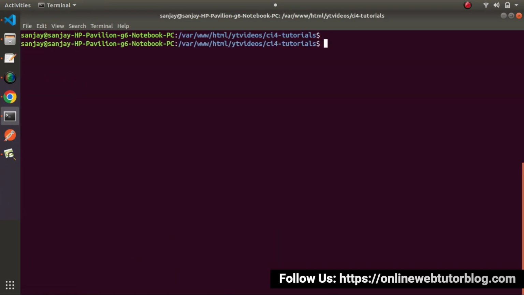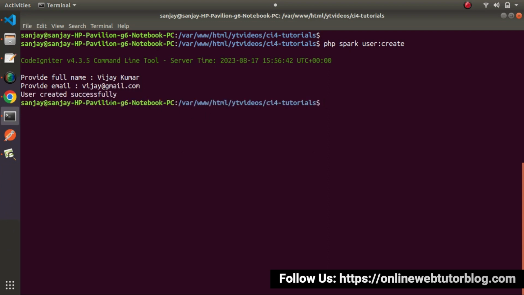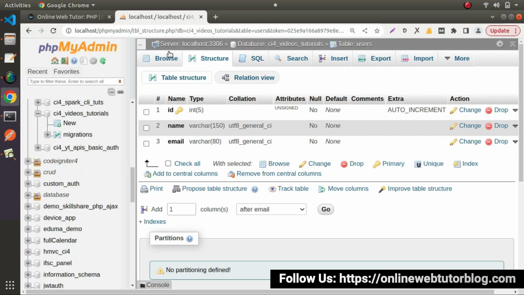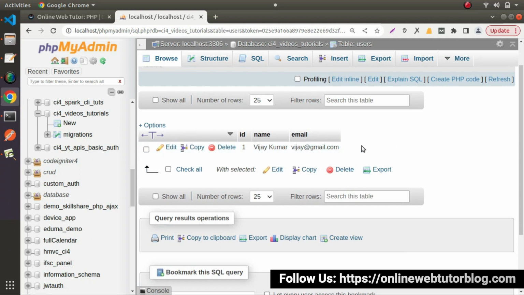Let's first clear our console. User create. So this is the user full name. Email address value. This is the email value. Press enter. User created successfully. If I go inside our table, click on browse here. So successfully, as you can see that now we are able to create our users for this table